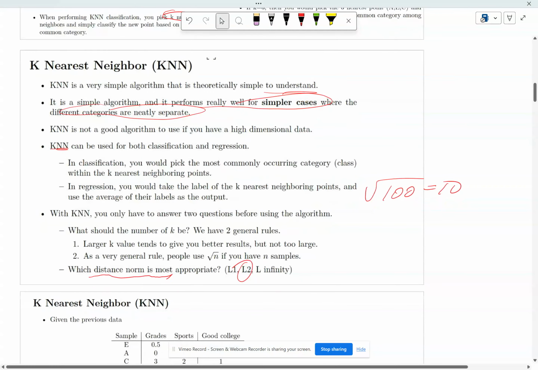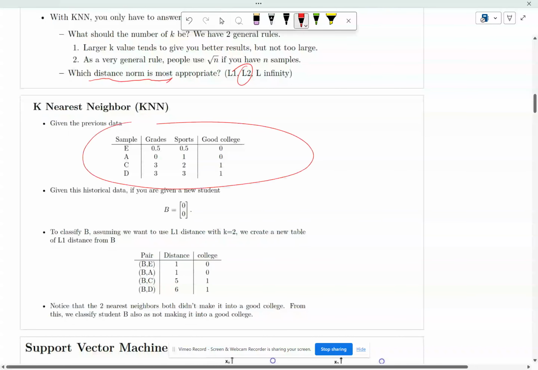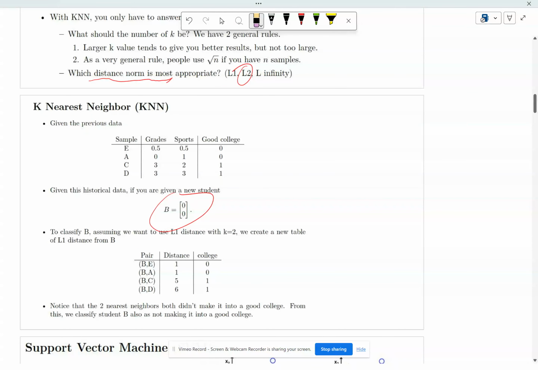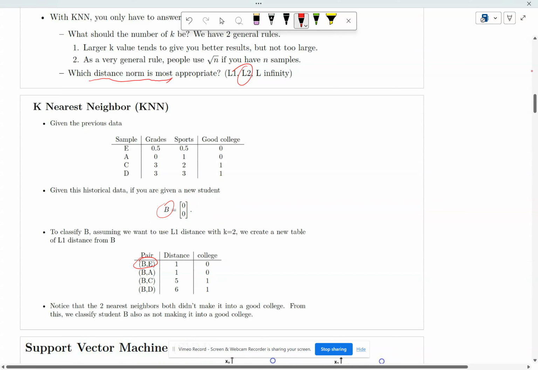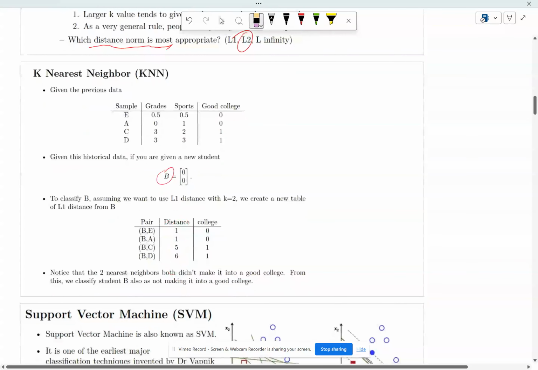So here, given the previous data, now we want to classify point B. Once we have B, we measure the distance between B and E, B and A, B and C. So we measure the distance for every one of them. Once we know the distance, what is the label for E and A? 0. What are the labels for C and D? 1. Once we have this table, depending on the K value, let's say K equals 1,